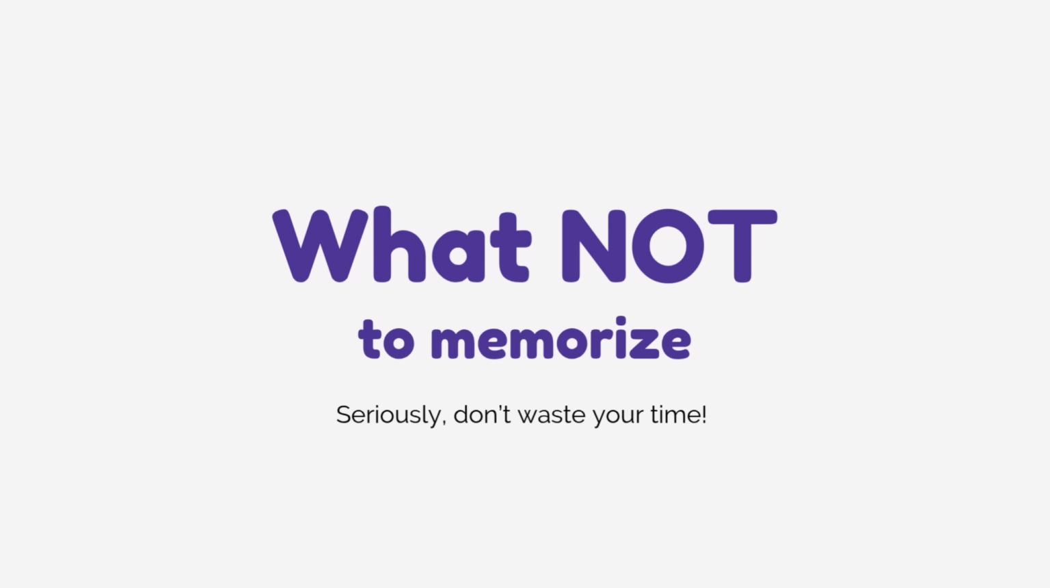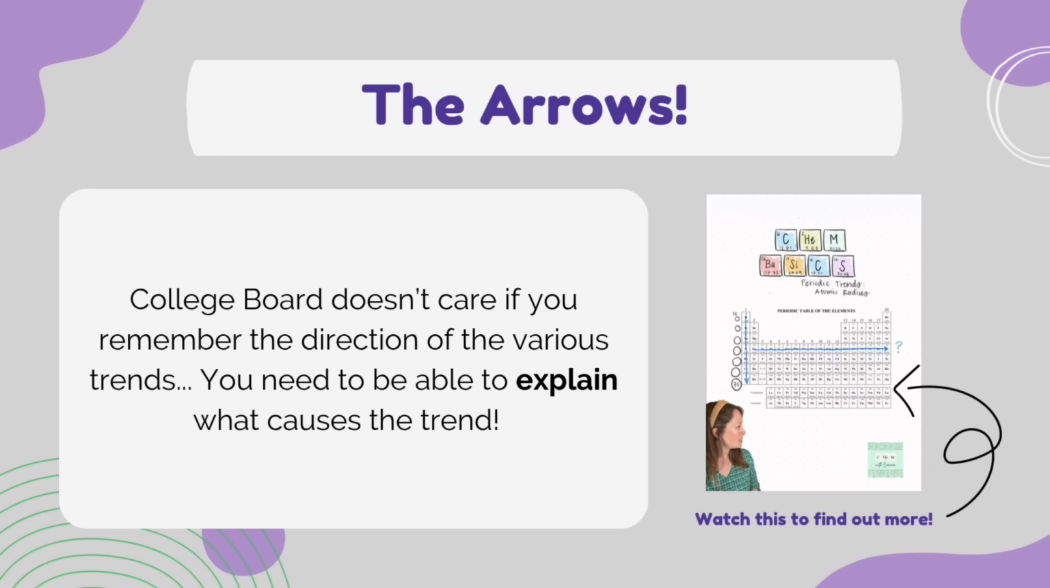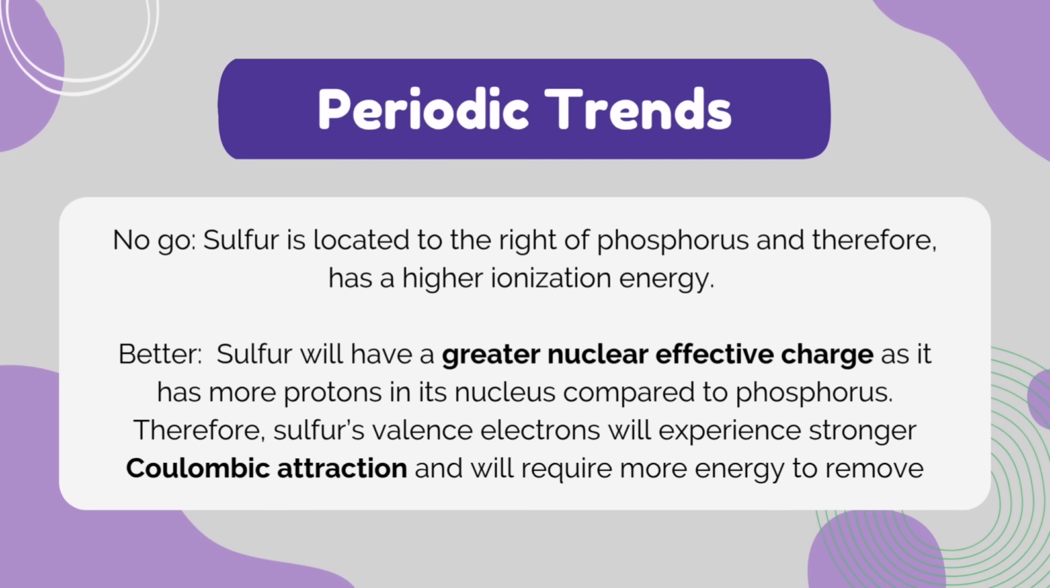All right. Now let's get into what not to memorize. Again, we are days away, maybe hours away. I don't know when you're watching this video. Don't waste your time on these. Do not worry about all of the arrows associated with periodic trends. Knowing the arrows is going to get you nowhere on these FRQs and MCQs. You need to be able to justify everything, and everything goes back to the atomic radius, Coulombic attraction, effective nuclear